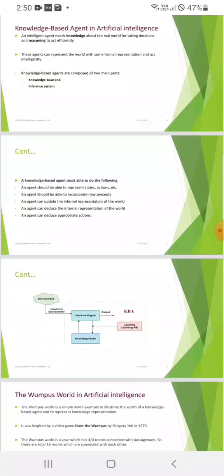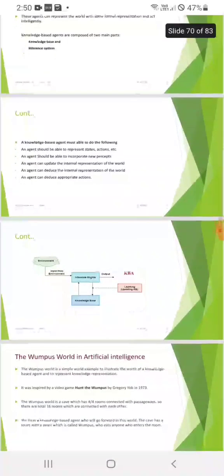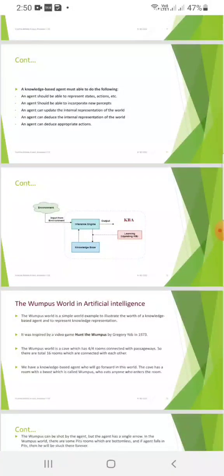the operators. And the second point, an agent should be able to incorporate new percepts, and an agent can update the internal representation of the world, and an agent can deduce appropriate actions. So write this point for the 2 marks,